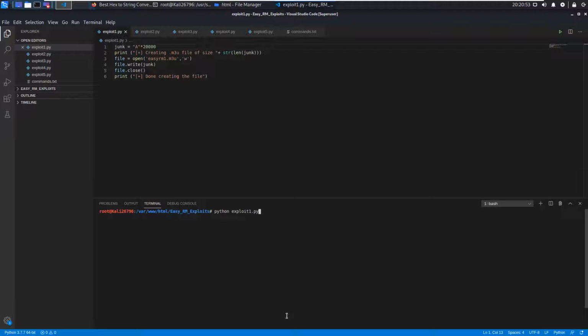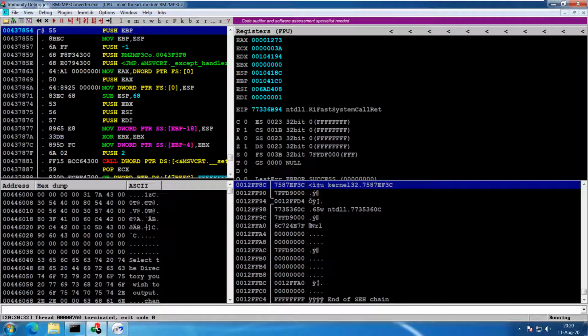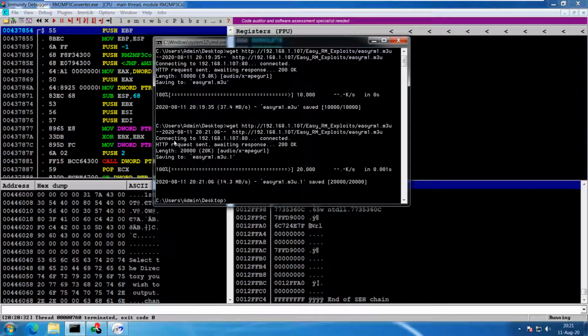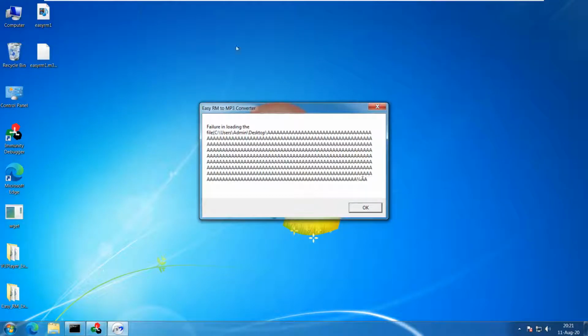I now run the Python code for 20,000 bytes and come back to my Windows 7 machine, then wget the file of 20,000 from Kali to Windows.